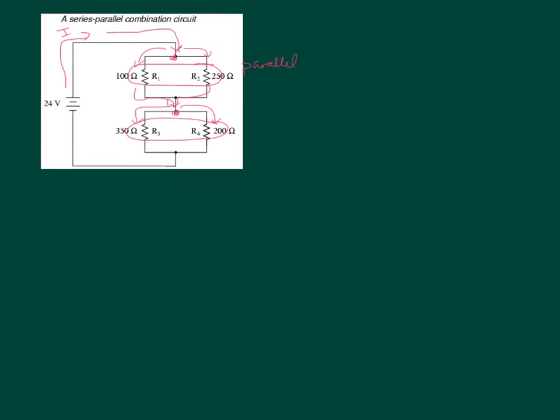Now, how do we find the equivalent resistance when we're in parallel? Do you remember from the last one? Think about it. Pause. Go look it up. Okay, you looked it up. So the way you find it is 1 over Req equals 1 over R1 plus 1 over R2. So 1 over our equivalent resistance, this is for the top part,